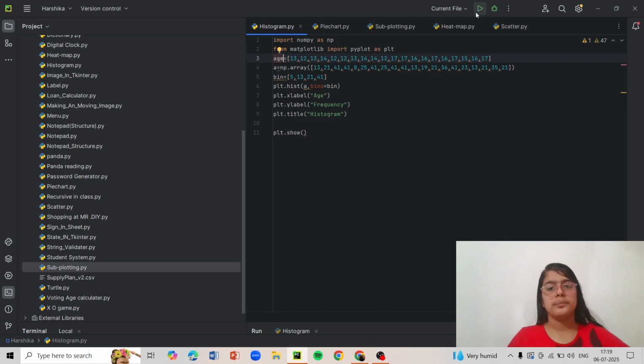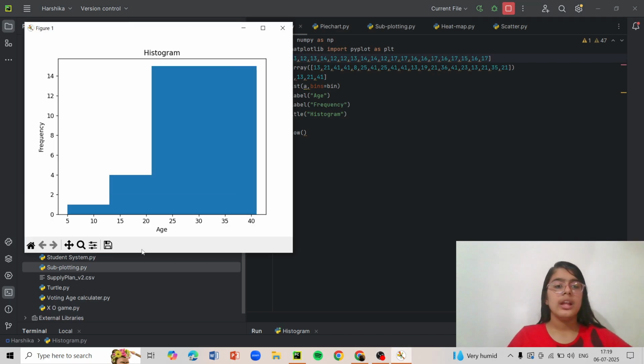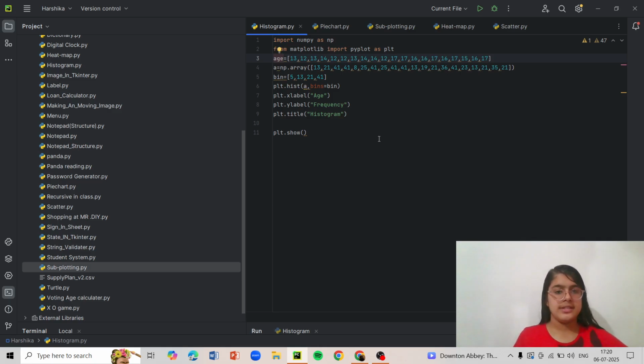So what does bins do? As I told you, over here I have put different columns. This is the first column, this is the second, this is the third. In my histogram, it is giving me the same for the last two columns because the data is almost similar. Like I have 5, 21 to 41, and I have 5, 13 to 21, and I have 10, 21 to 41. So that is why it is showing me the same. But if we have different data, it will show us the difference. So this was histogram. I'll show it once again.